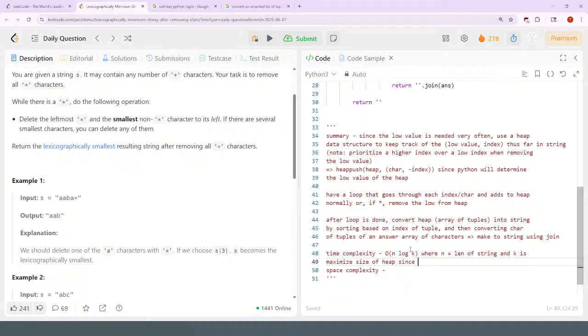Since insertions or pushes to the heap require